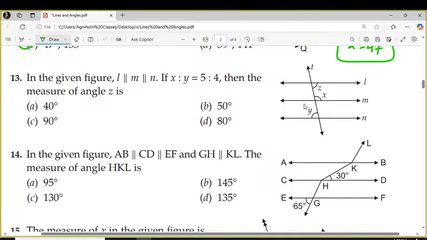Okay, for this you must have got your answer, x and y. Actually, this is x, which is 5, which is in the ratio